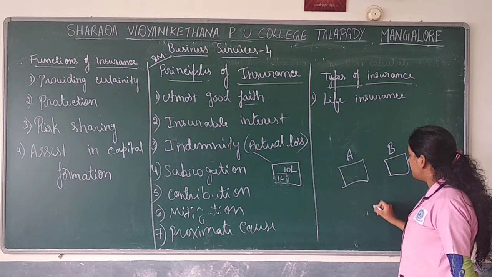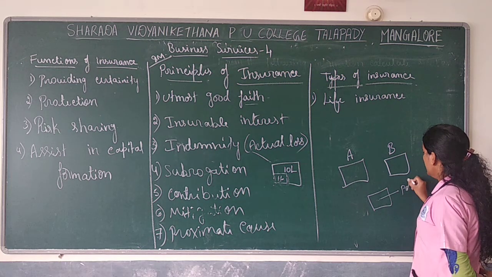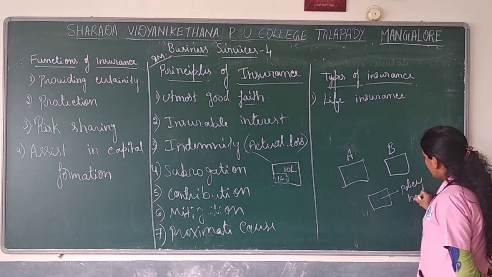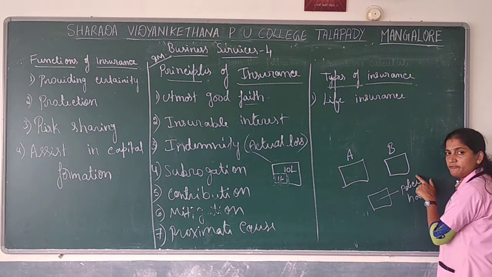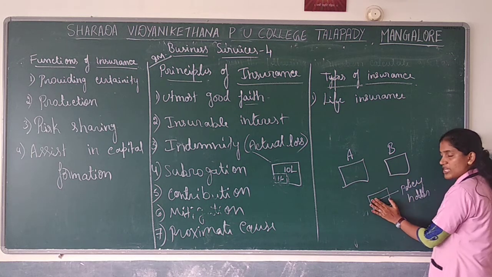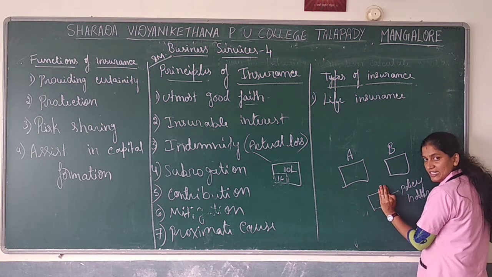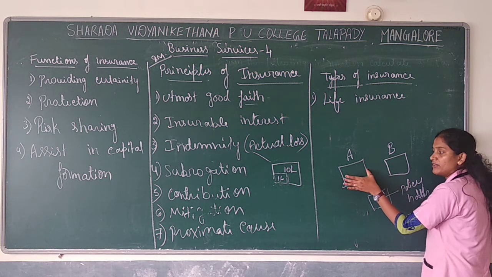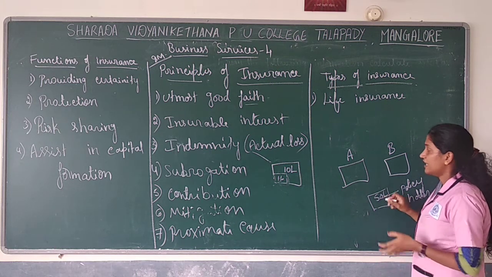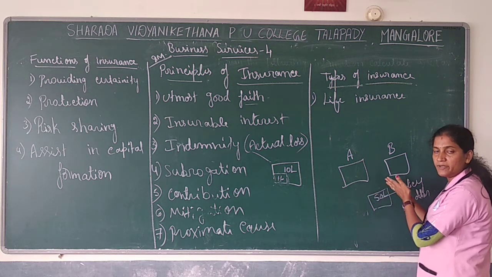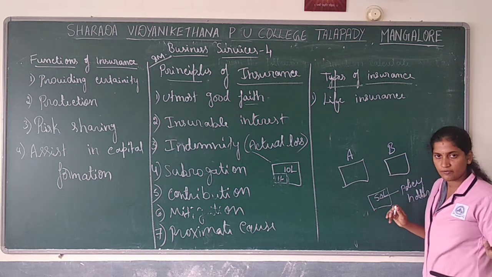Okay, this is a building. The policy holder has taken an insurance policy from A company and also from B company. Two companies. Now, if anything happens to the building, he has to cover proportionately. If it is a 50 lakh loss, he can cover 50 lakhs from A company itself. From B company again, 50 lakhs he can now cover, students.